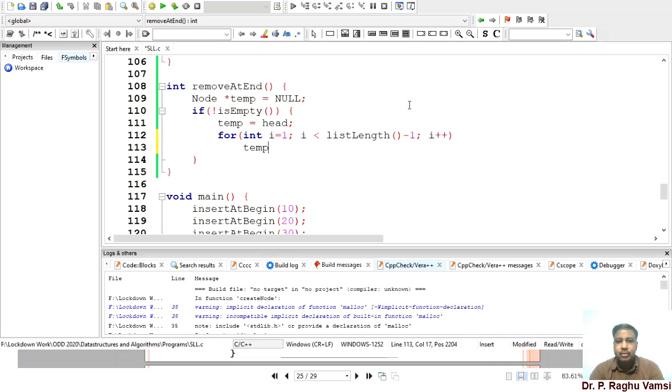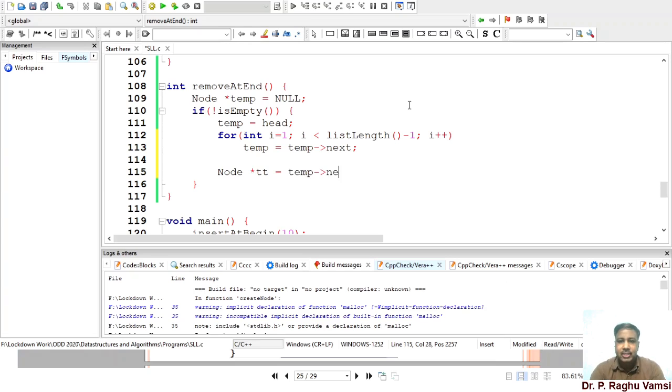So we need to iterate this for the temp, as temp is equal to temp next. Whenever this is done, I'm using a temporary node to store the temp next value, because of the last node. Then I will use a temporary variable to store the last node's data, because I need to return it.